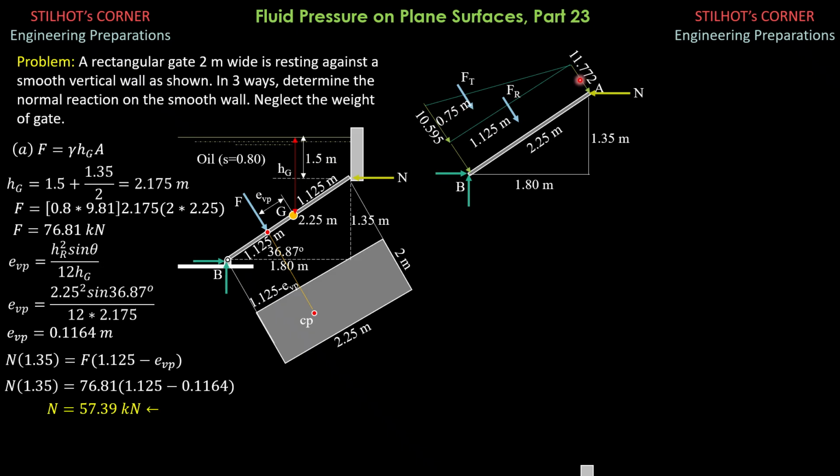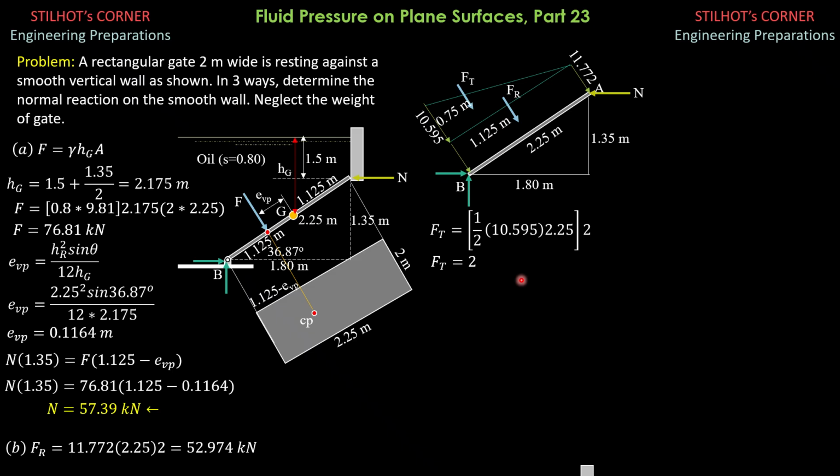Now, FR is simply the volume of this pressure diagram, which is the area of the rectangle times the length perpendicular to the screen, which is 2 meters. So FR is equal to 11.772 times 2.25 times 2, and that is 52.974 kilonewtons. FT is 1/2 of 10.595 times 2.25 times 2. So FT is equal to